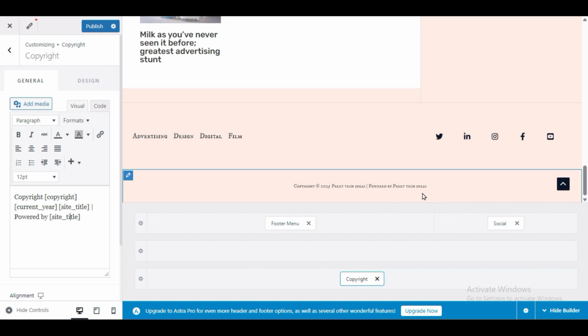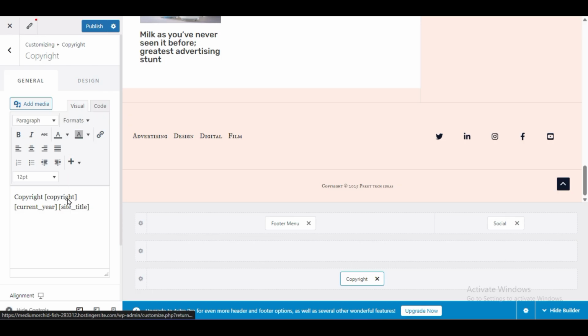You can see here powered by, you can delete this one from beginning of powered by, delete it and keep only this. Okay, now I want to make it little bigger, very small. Click on select and